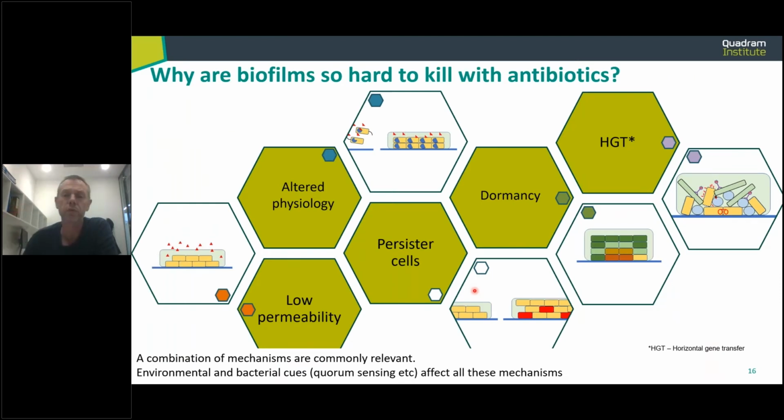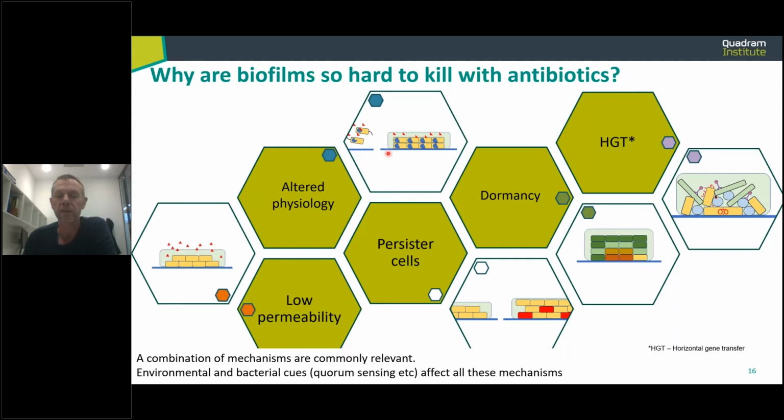Again, this is due to lots of reasons. There's no single universal answer for why this is the case, but some of the common factors that are thought to be important are summarized on this slide, and I'll just spend a minute talking through these and then pick up on a couple of examples. So when people were first studying biofilms, one of the things proposed was that cells in a biofilm are not very easy for the drug to access, so they have low permeability. You see here you have some cells, the antibiotics in red, getting stuck in the matrix, and for some drugs that's important, but for others probably not so much.